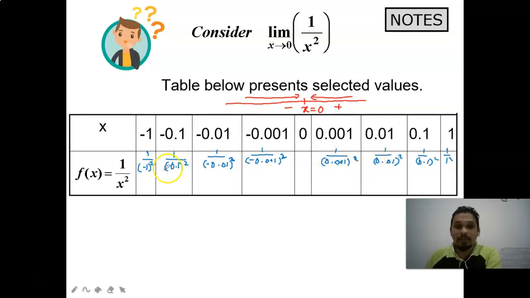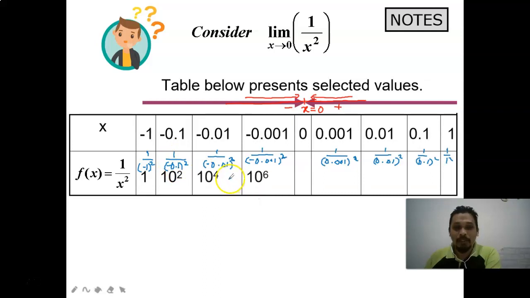So let's see the pattern of f(x) when x approaches 0 from left and right. Starting from the left side here, negative 1 squared equals 1, so 1 divided by 1 equals 1. Then next, negative 0.1 squared equals 0.01, and 1 over 0.01 is 10 squared, 10 to the power 4, and 10 to the power of 6. And also when you're coming from the right side,